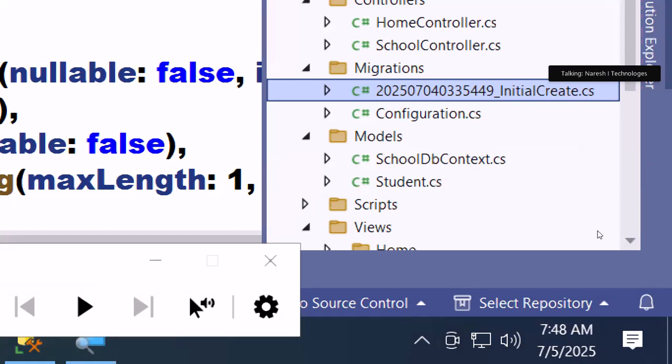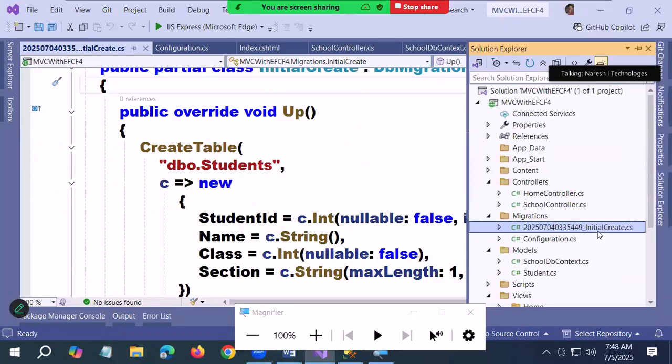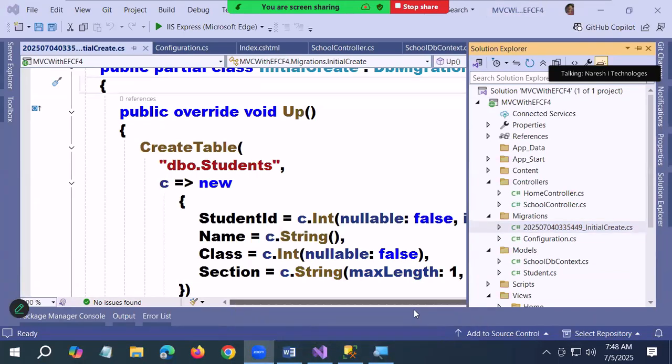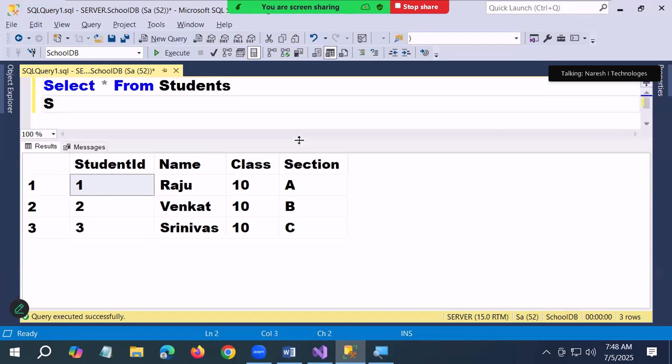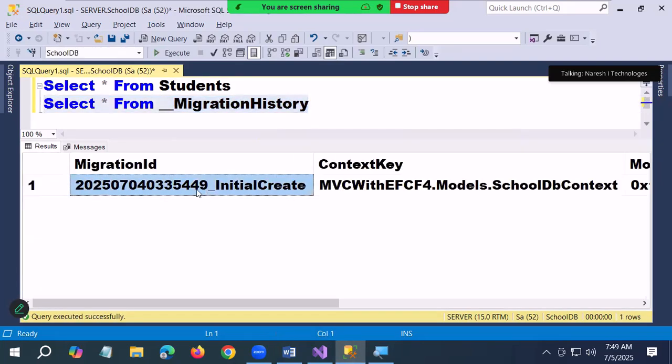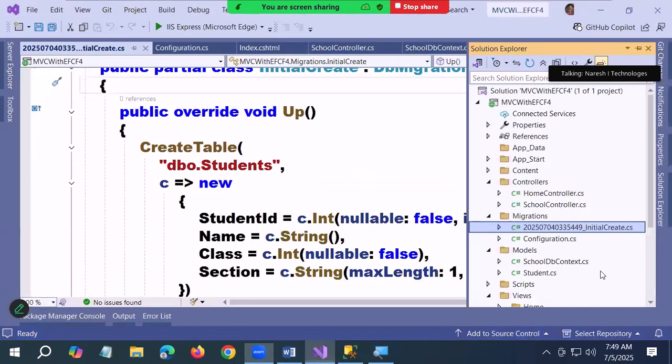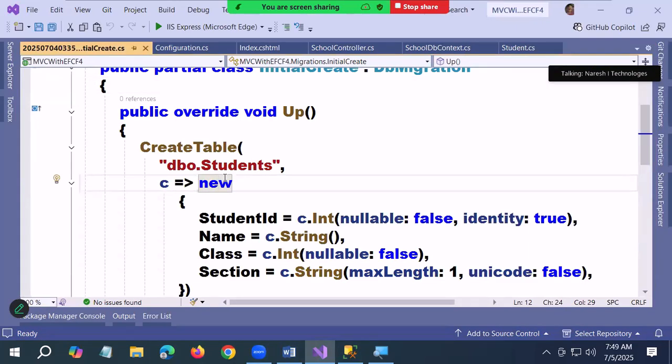Do you remember the same name entry is made for you? Whenever you create it the first time, an entry is made in the database. What is the entry? Initial create. Yesterday I also showed you. What is the name of the table? Underscore underscore migration history. An entry is made. Here also it created a file with the same name. So what exactly is it doing? It is taking that information,